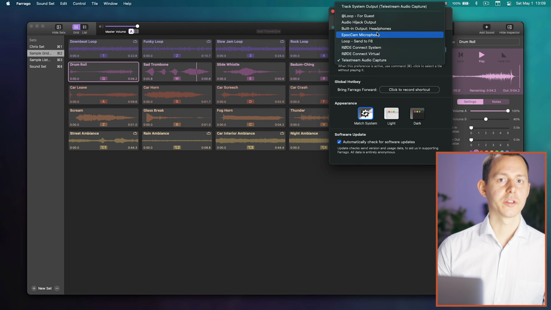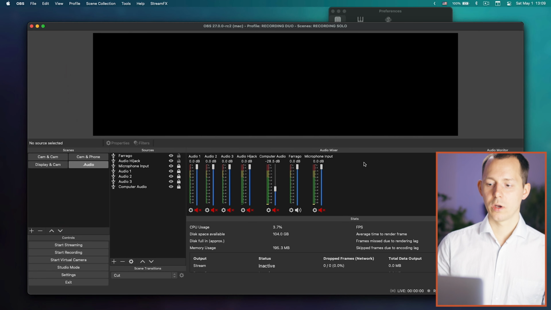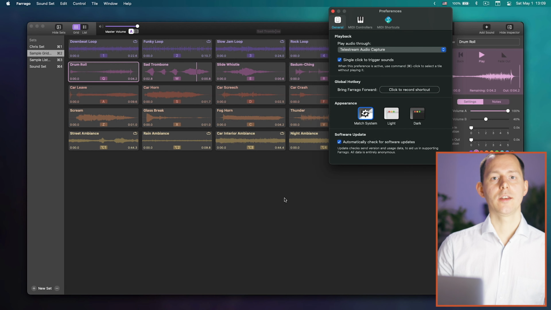You can of course also use any USB connected audio output devices. However, some of those also feature multiple channels, and as you go into that area, it might be important to look into other solutions. The other thing is that if you want to use this, for example, in conjunction with OBS, and you want to have the audio played back here, you might also want to look into another solution,